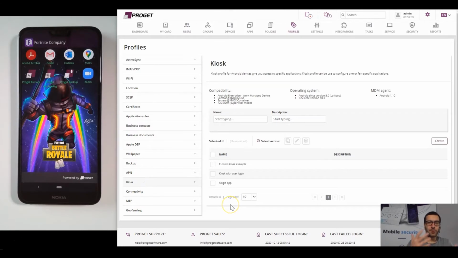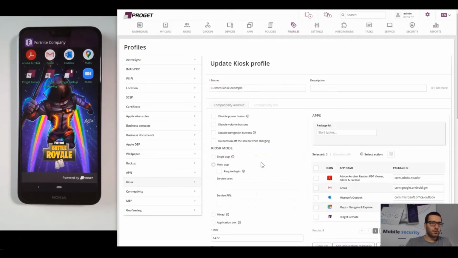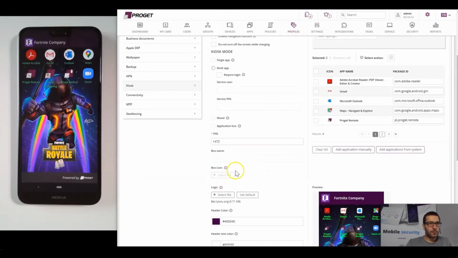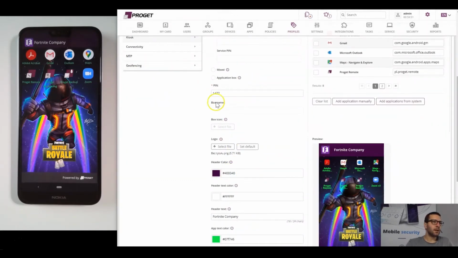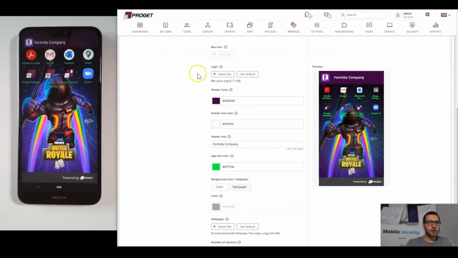You'll be able to compare what we see and what we configure. This may be crucial for many of you. Yeah, so this is our profile. Now, of course, the application is standard way, multi-app kiosk mode, unlock pin code. Yeah, and as I mentioned, we can add an icon